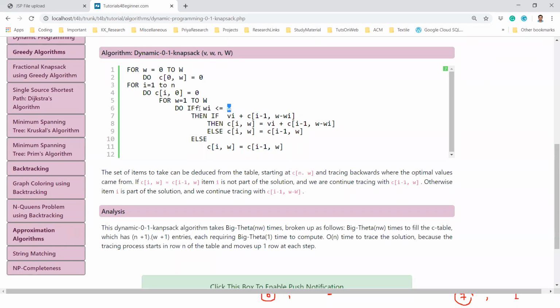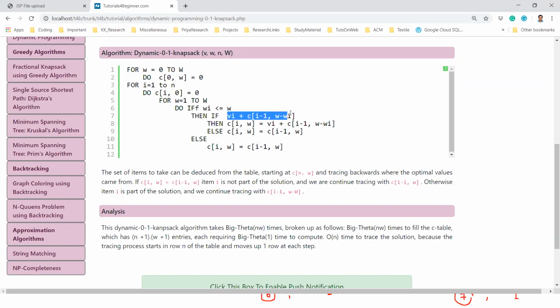If this one is less than the capacity of the knapsack, then you have to find the maximum value. Here instead of VI, in our example, we are using PI, profit of ith item. So the profit of ith item plus this equation, this is a loop by which we are calculating whether the previous value will be lesser or the current value is lesser. So you have two values.